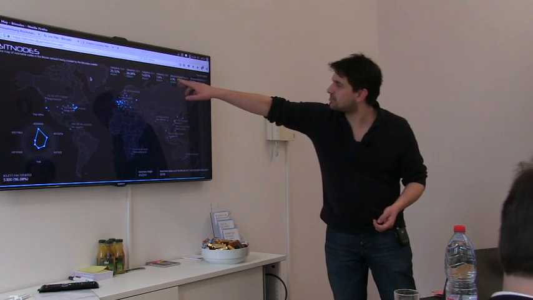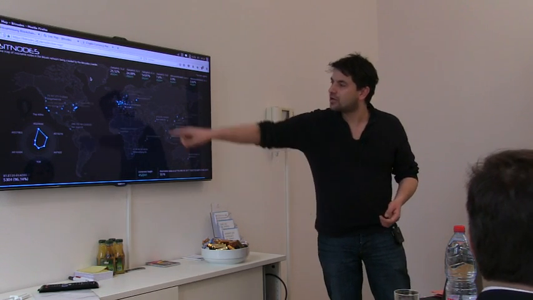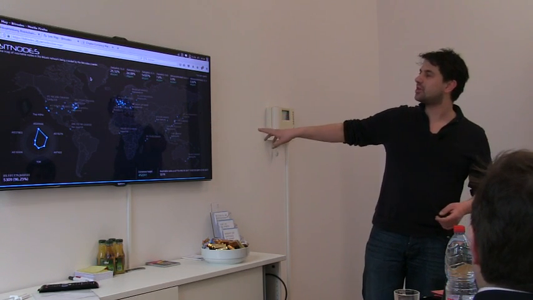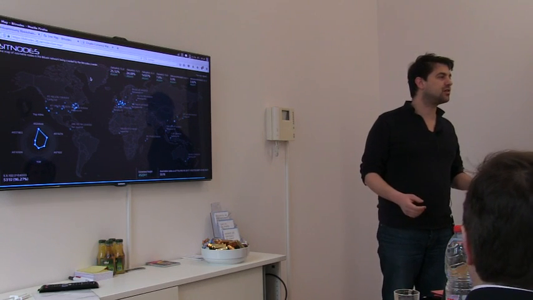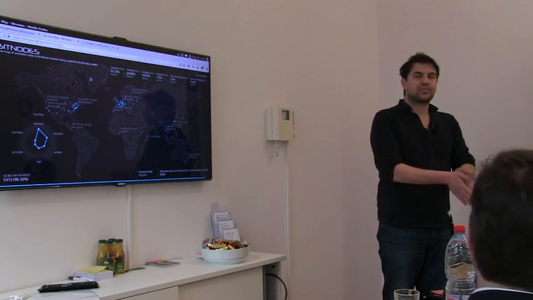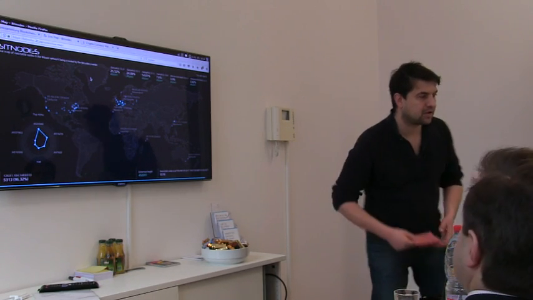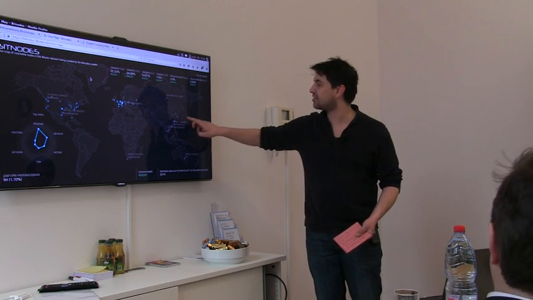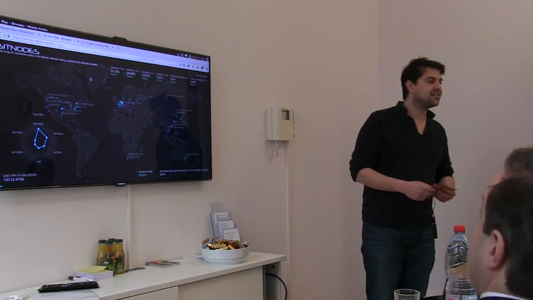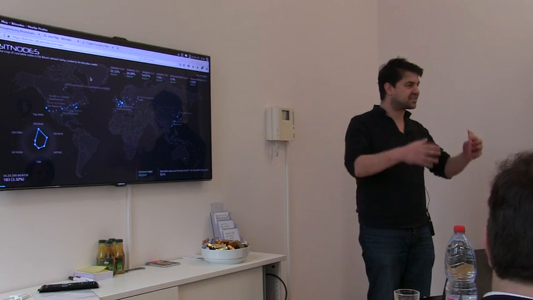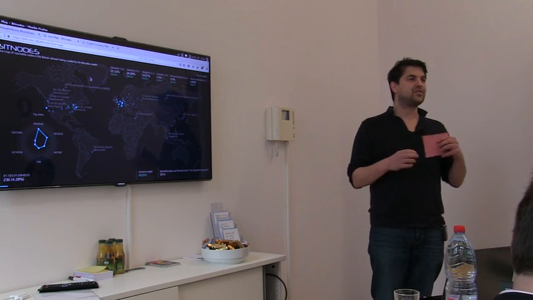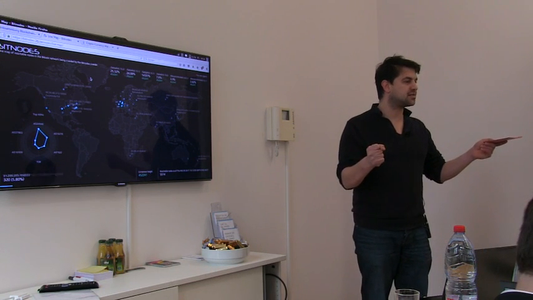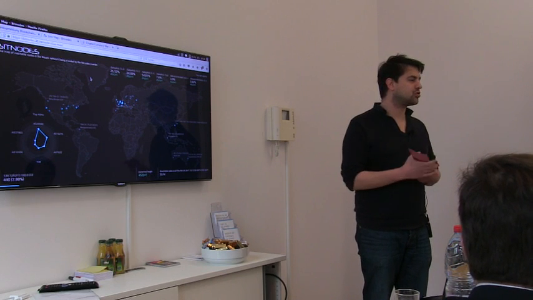So you can see here some different clients and some different hosting regions and stuff like this. But I just wanted to show you how such a peer-to-peer network can look. So there is this node in Shanghai, and now it's gone, and these nodes are coming and going. It's not a fixed network. If you start your node, you connect to other peers, and when you turn off your computer, your